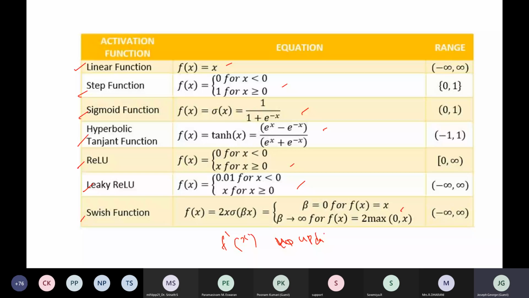So we will discuss that. If time permits, we will discuss how some of the activation functions are derived, and how back propagation is done with the help of a particular activation function.